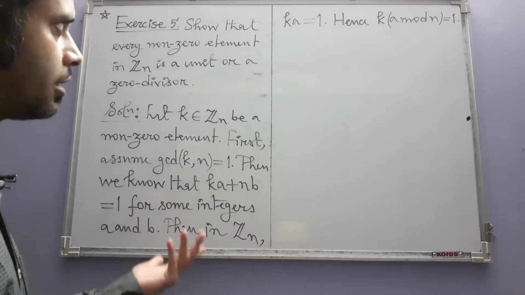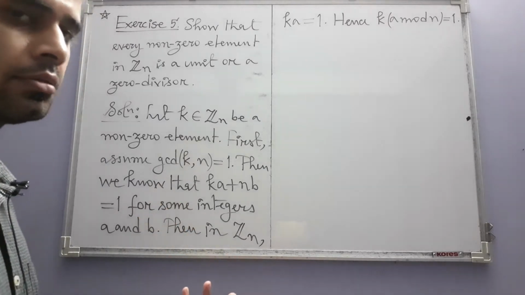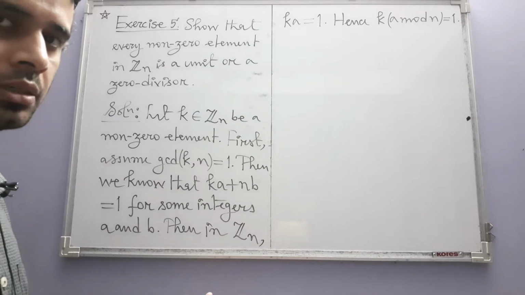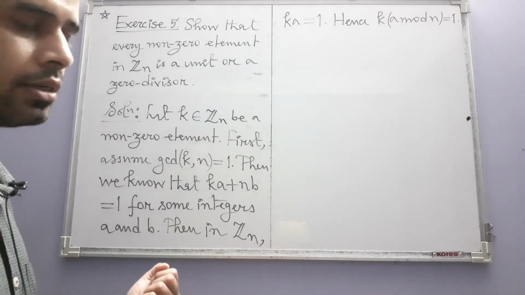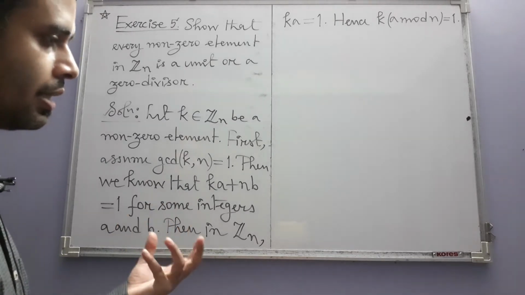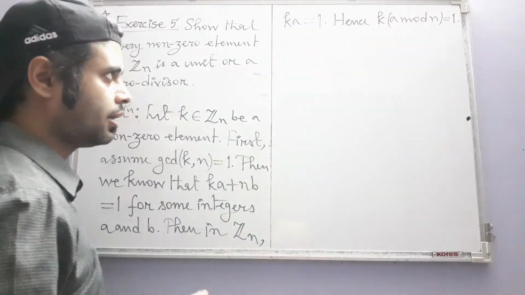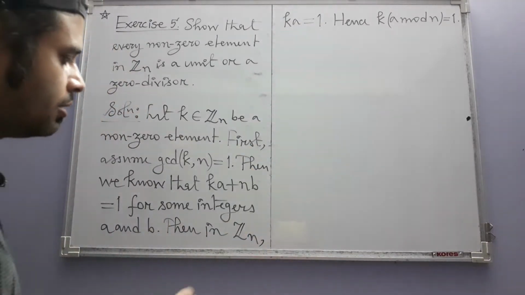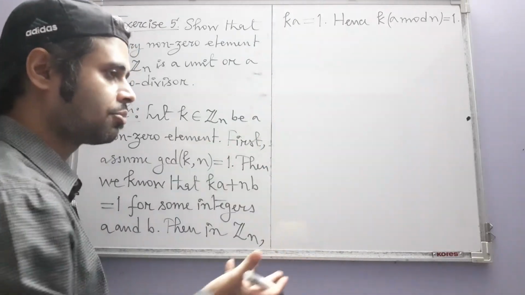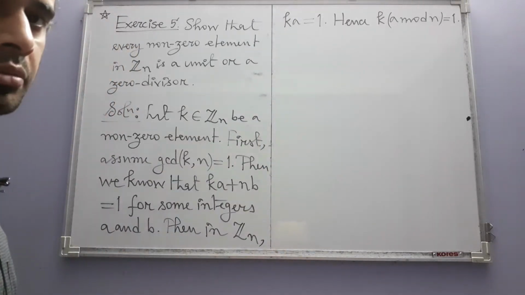So you can replace any integer by its remainder when you divide that integer by n, and in fact that's what we are considering. When we say a, we actually mean a mod n, and anyway in Zn, a and a mod n are the same thing,